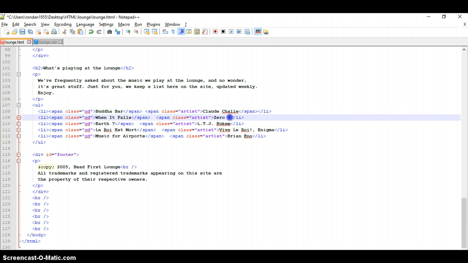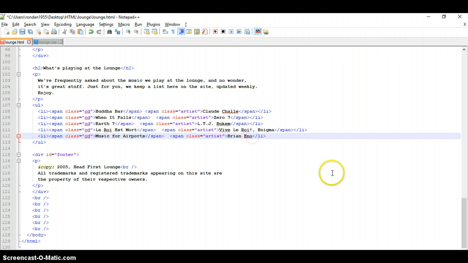Okay, so now after the artist here, I'm going to close the span tag. I guess it didn't work, so let's try it again. Oh, I know what I did. Control C, Control V, and then paste it here as well, and here,